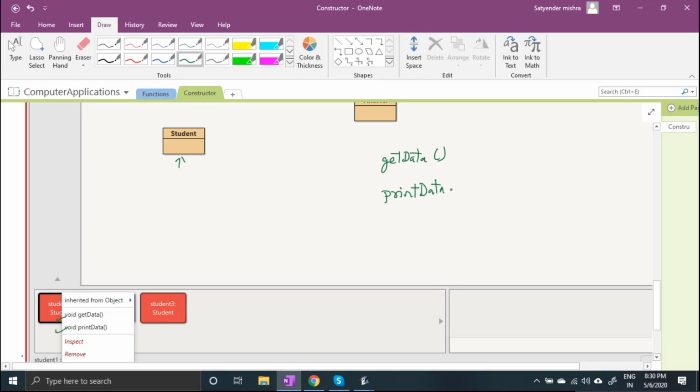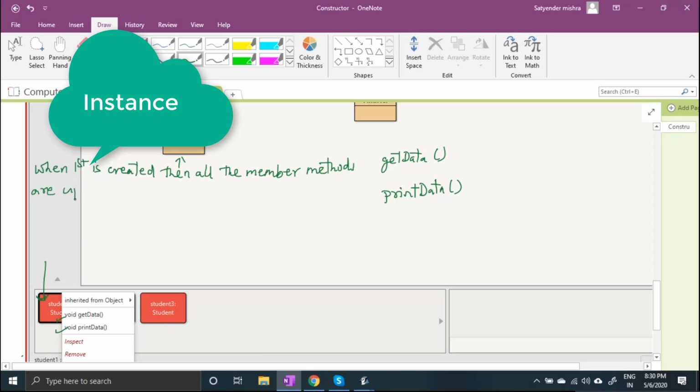So what will happen when you create the first object? When the first instance is created, then all the member methods are uploaded on the memory.